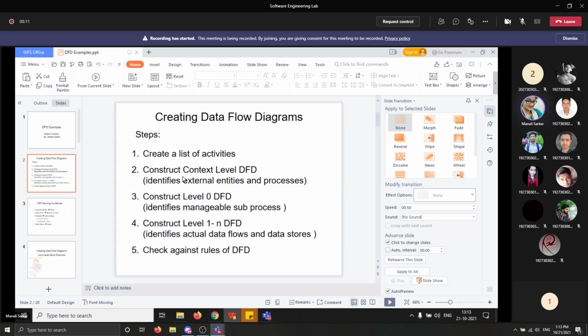So the DFD model of a problem consists of many DFDs and a single data dictionary. The DFD model of a system is constructed by using a hierarchy of DFDs. The top level is called level 0 DFD or context diagram. In some books you will find it as context diagram, and in some books level 0 and context diagram are combined. This top level is the most abstract representation of the system, that is the highest level, so it is the easiest to draw and understand. At each successive lower level, more and more detail is gradually introduced.